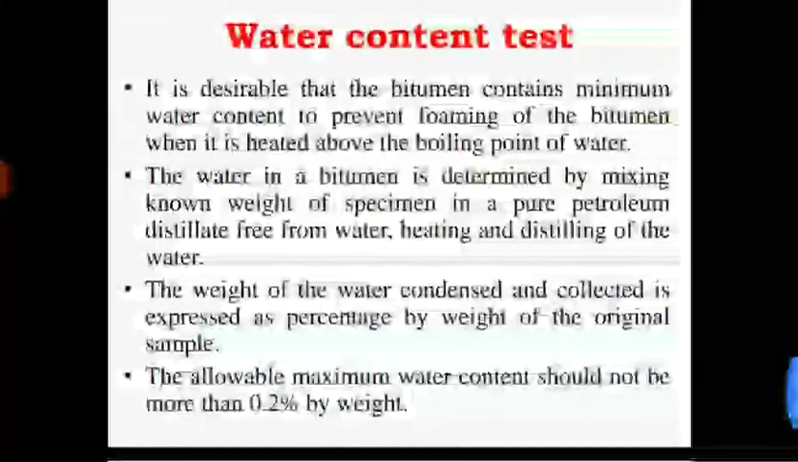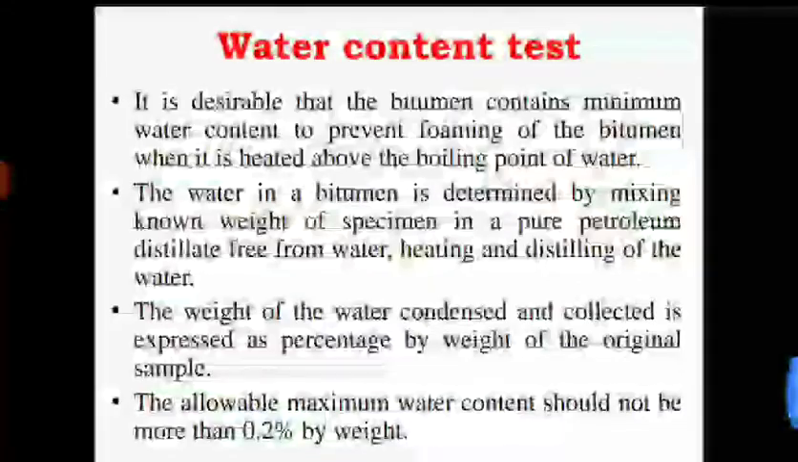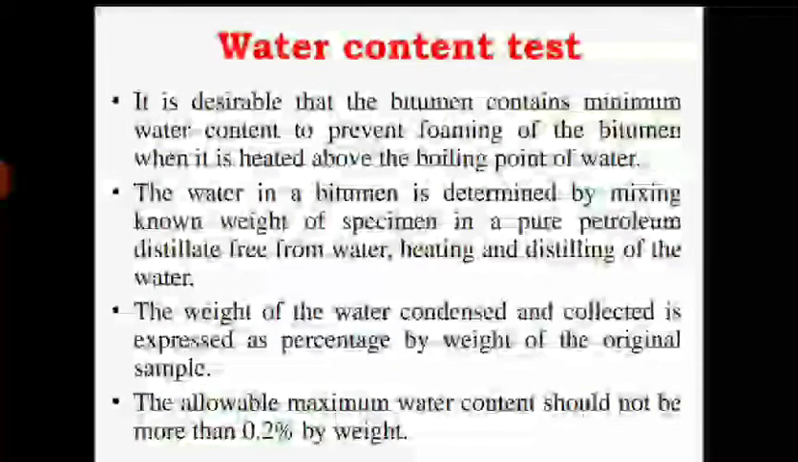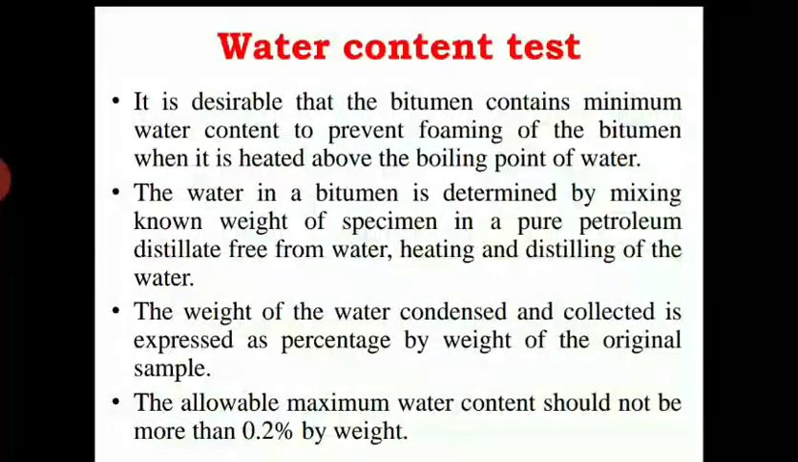And the second one is the water content test. It is desirable that the bituminous material contains a minimum water content to prevent foaming of the bitumen whenever it is heated above the boiling point of water. Usually we will be melting the bituminous material. As we have seen in the previous test, we melt the bituminous material up to 75 to 100 degrees Celsius. In that case, the water content which is present in the raw material of the bitumen after extraction from the process